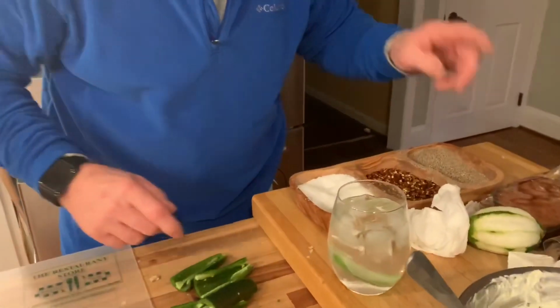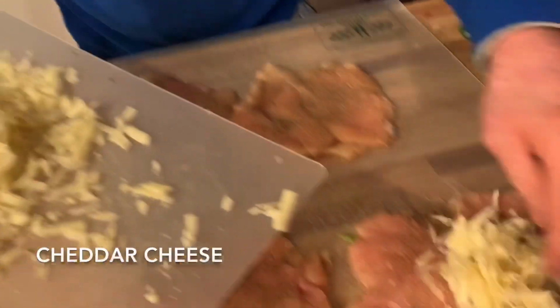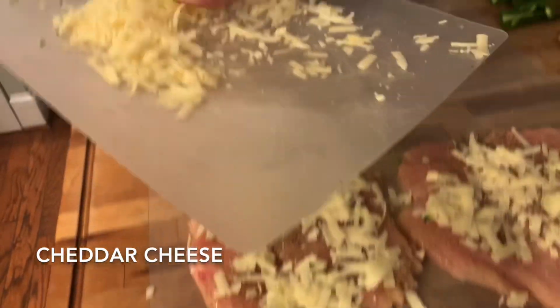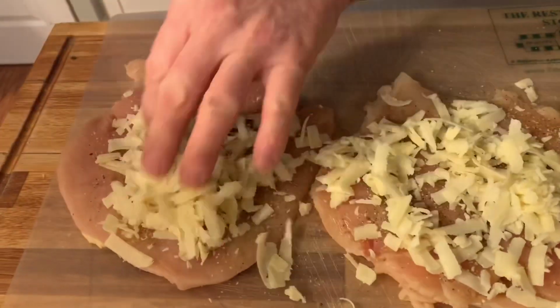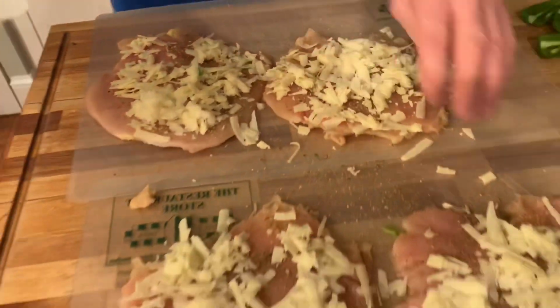So that's all good. Now, cheddar cheese. This stuff is awesome. You just throw this on, right? See where we're going with this, right? Well, you'll see in a minute. We're going here. Cheese is on here. I'm going to have some left over for breakfast. Awesome. This, a little more here. Yep, this is looking good. So the next part of this process,